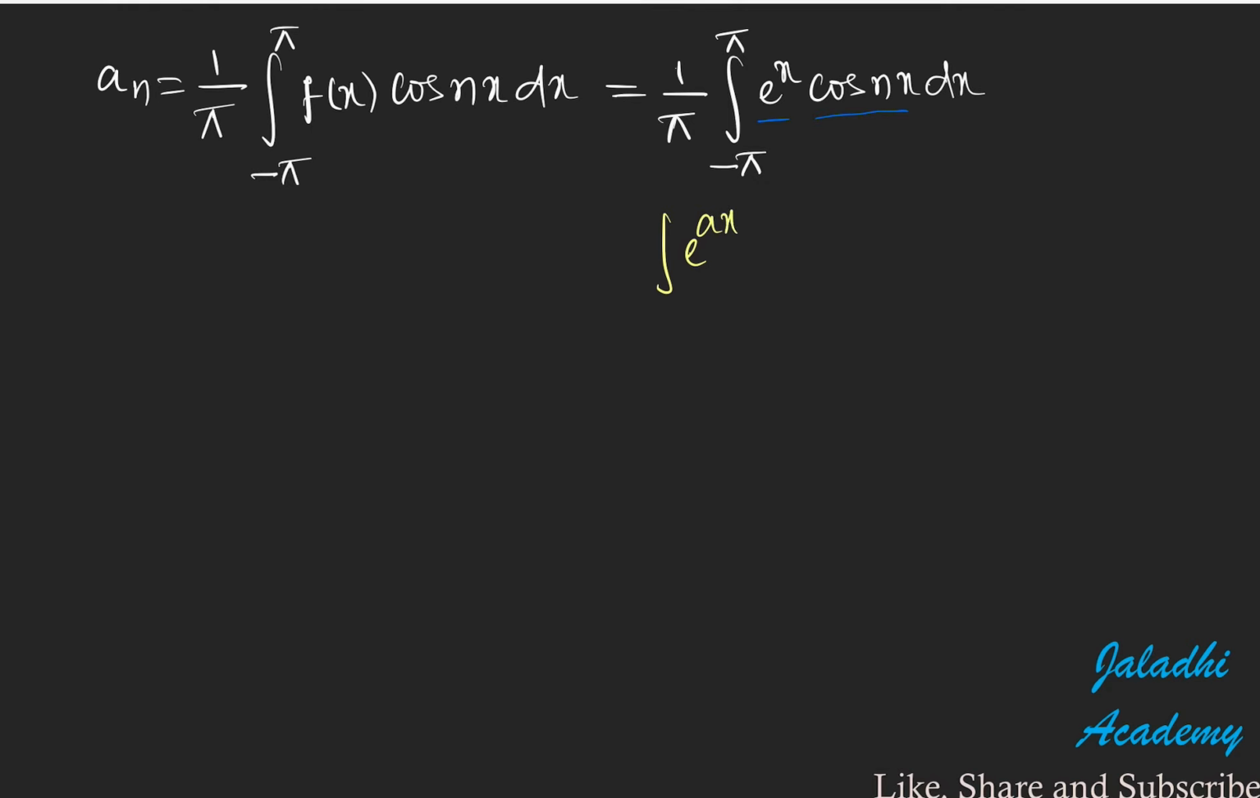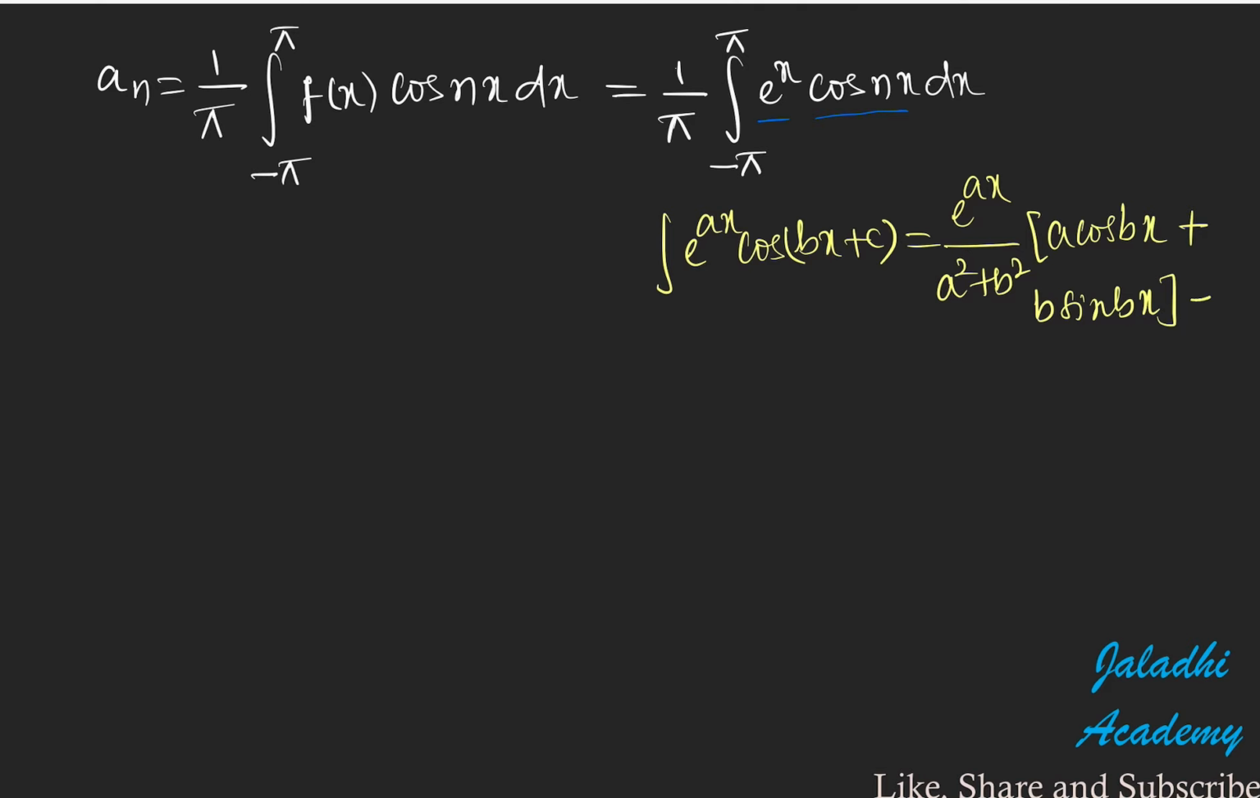the integration of e power ax into cos bx is equal to e power ax by a square plus b square into a cos bx plus b sin bx plus some constant c, where c is the integrating constant. Sorry, this is only for e power ax into cos bx. Using this formula,